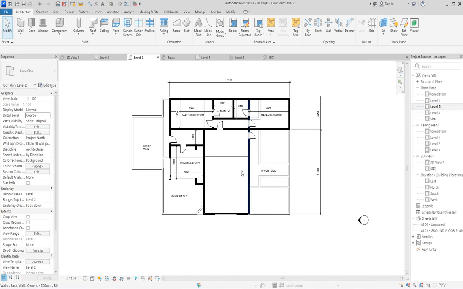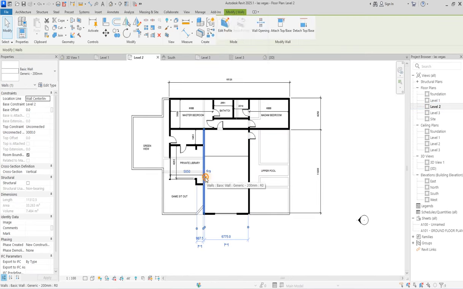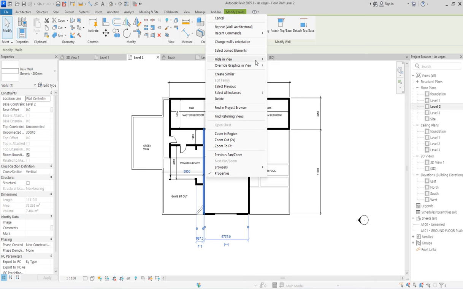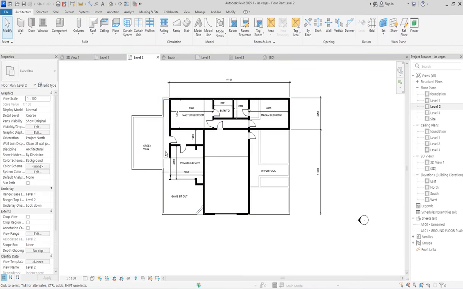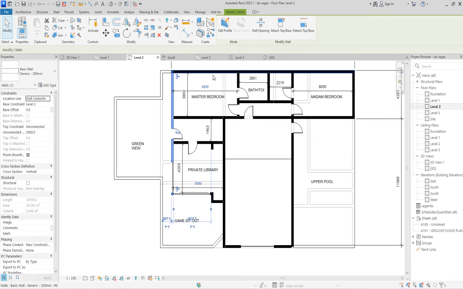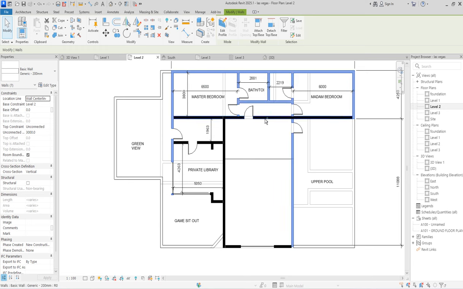So let's finish that. Click on this and say select all instance. Select all instance in this view. Oh, okay, I've created double. You can just select everything here manually. Let me do it manually, so you follow the step as I'm doing it as well.